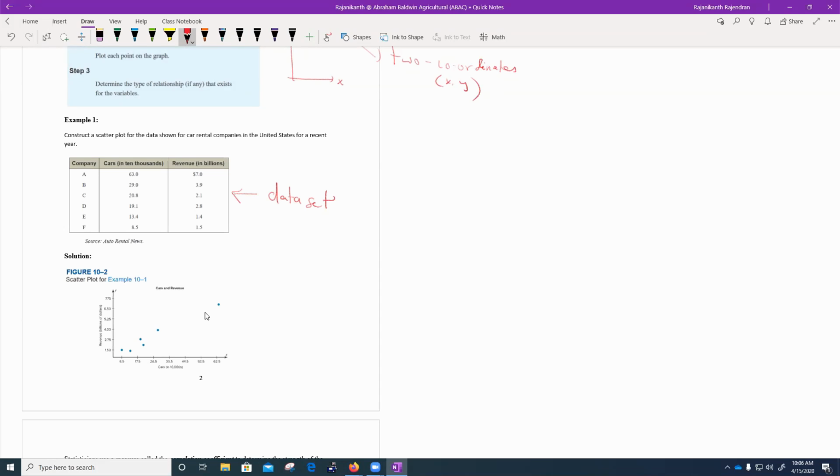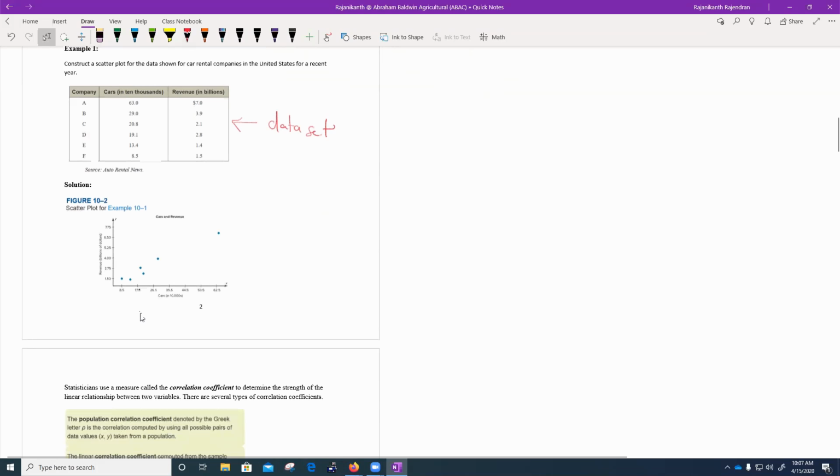So if you draw a picture for this, you will have a scatter like this. If you look at how many points I have here, 1, 2, 3, 4, 5, 6. That means you will have 6 data points. Okay. So now my x coordinate is the production they have picked, and the revenue is my y coordinate,